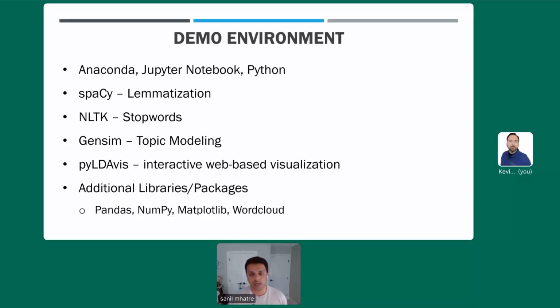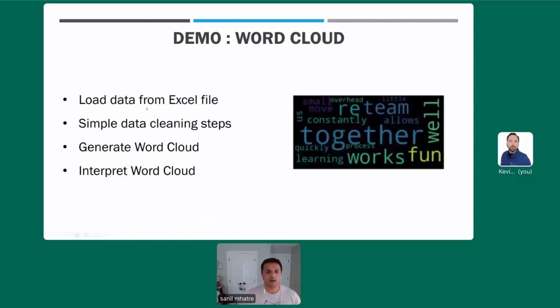This is the key visualization we'll use to determine if our model is good and to interpret the topics that exist in our model. And lastly, we use some of the standard Python libraries like pandas, numpy, matplotlib, and warnings.